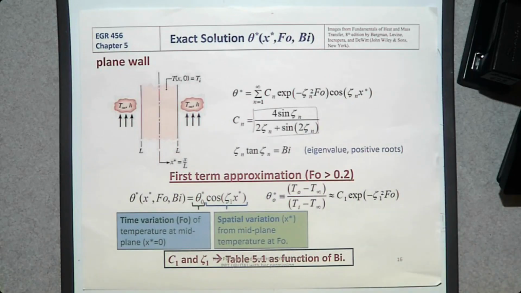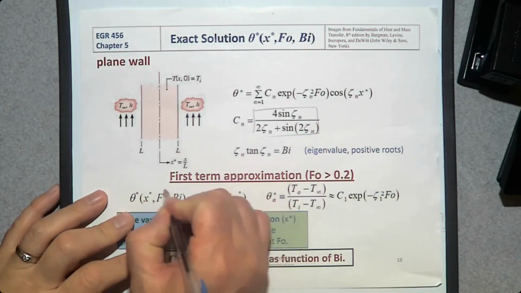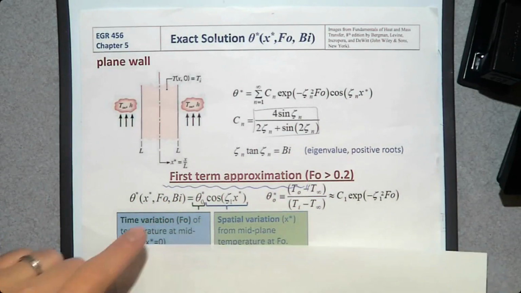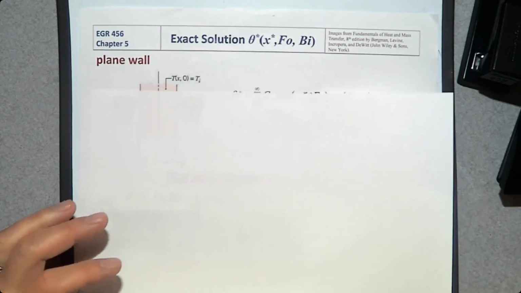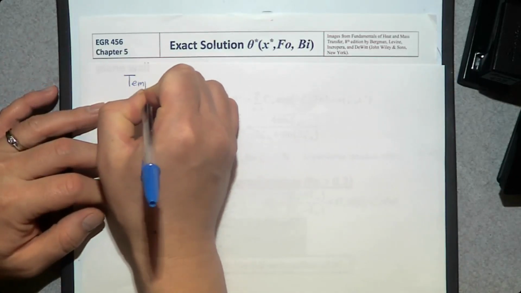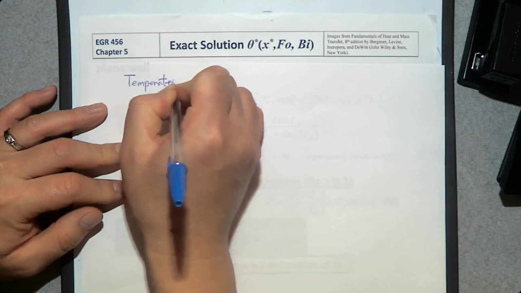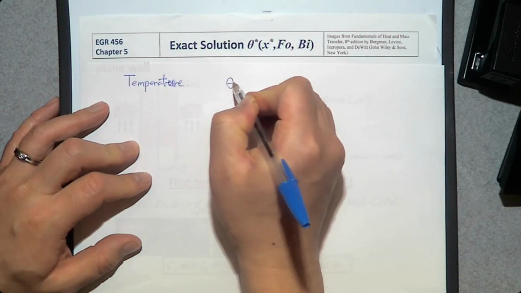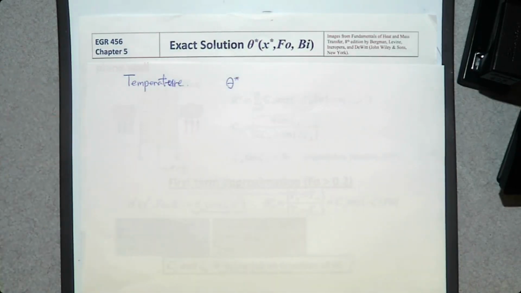Okay, so today we are going to talk about how to solve this exact solution. Of course, if you look at this exact solution, you don't want to solve it because it looks too complicated. So what we do is we use a first term approximation, which looks like this. What we want to know is the temperature. To find the temperature of a system, we use this property theta star. By the way, theta star is